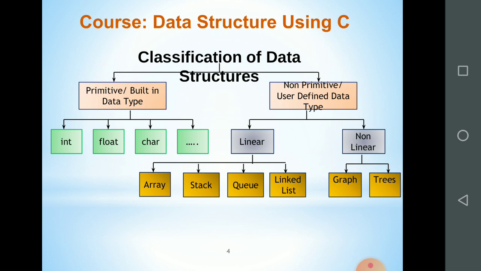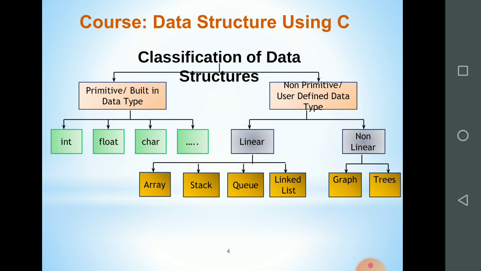The primitive data types are all the basic built-in data types like integer, float, character, string, etc.